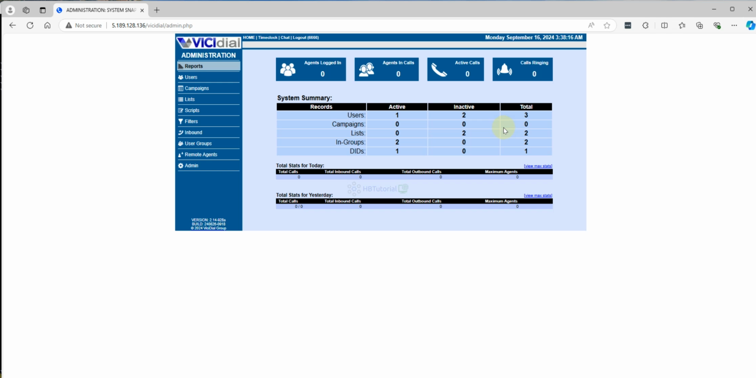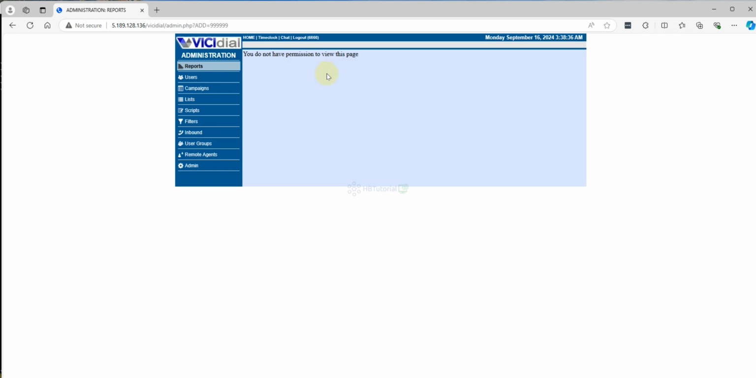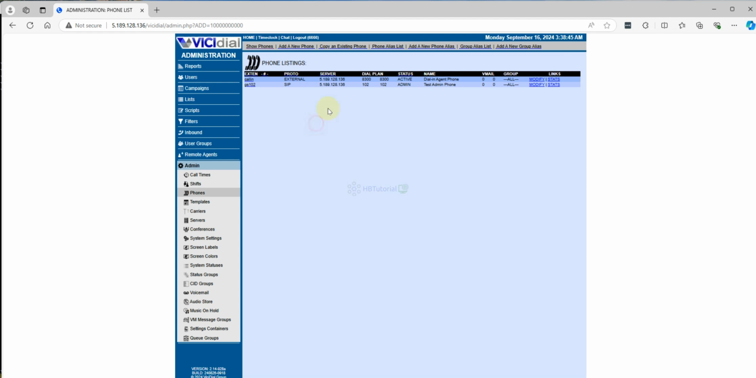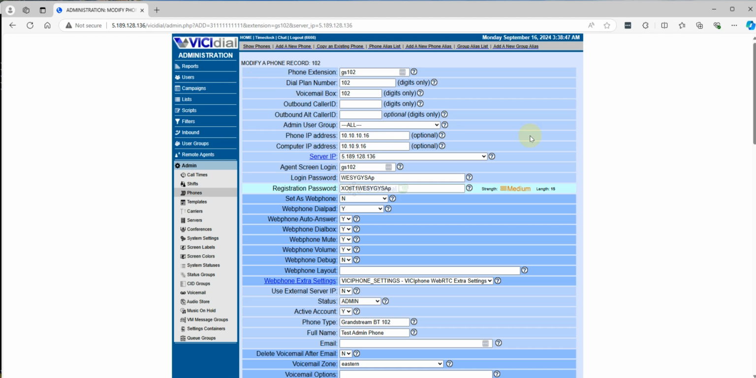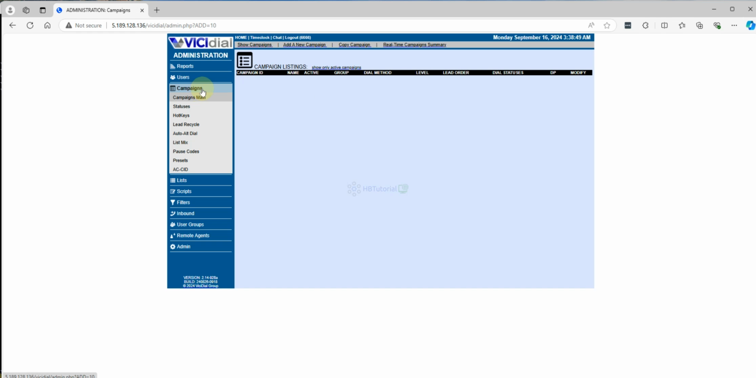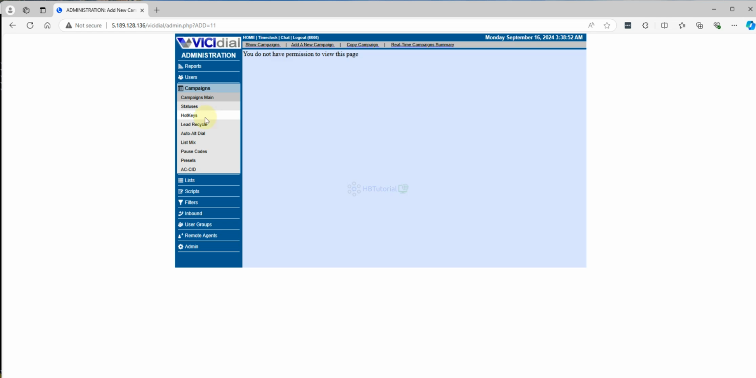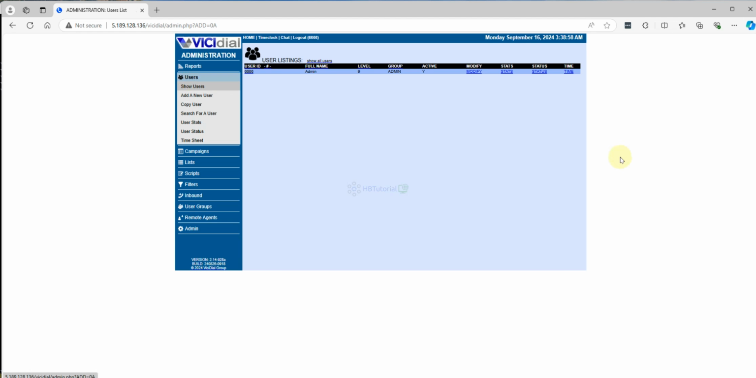For today we will update our user, because if you change your password and log in again, you will notice you don't have permission for most of the settings, like the campaign. I'm sure you don't have permission. So the next step after you change your password and are able to log in is to click